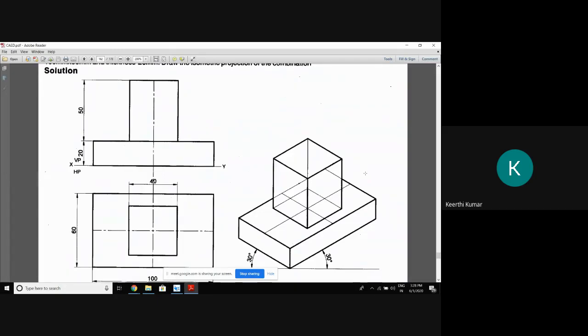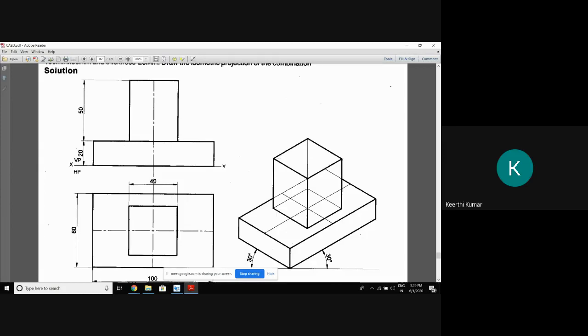Not by drawing a diagonal, but by drawing a cross mark from center to center, parallel to the boundary. This rectangle is of size 60 into 100, but we don't want 60 into 100 now. We want a square prism of base 40 by 40. So how much arc is supposed to be cut from the center? 20 into 0.8164 in each direction. Connect that and you'll get the base of the square prism. Raise the height equal to 50, so you'll get four lines equal to 50 into 0.8164. Connect the top and you'll get a square prism.